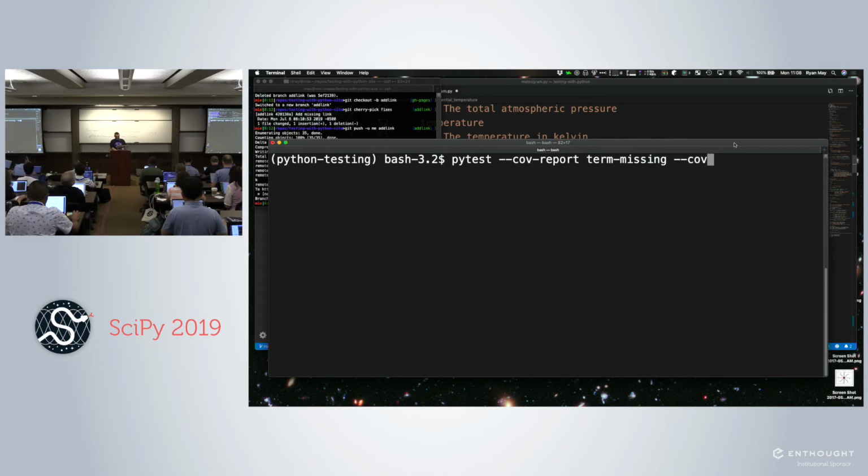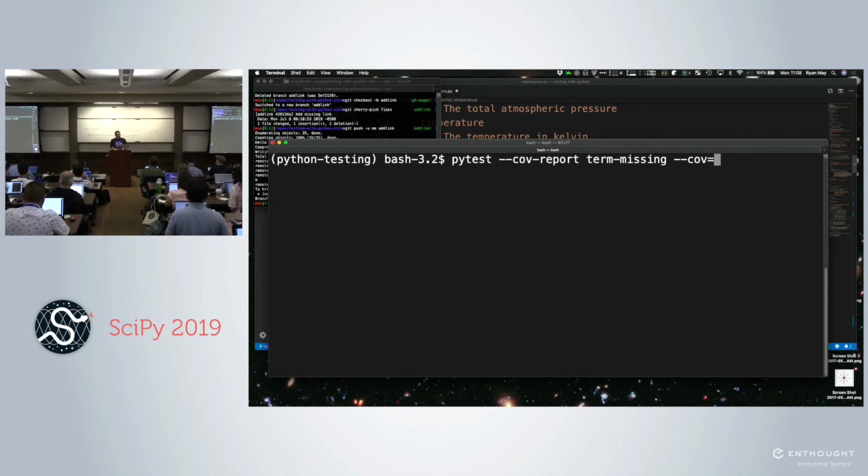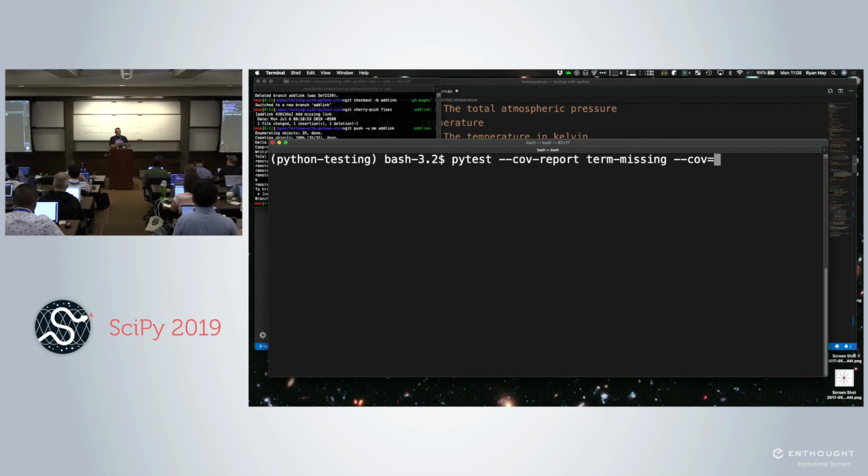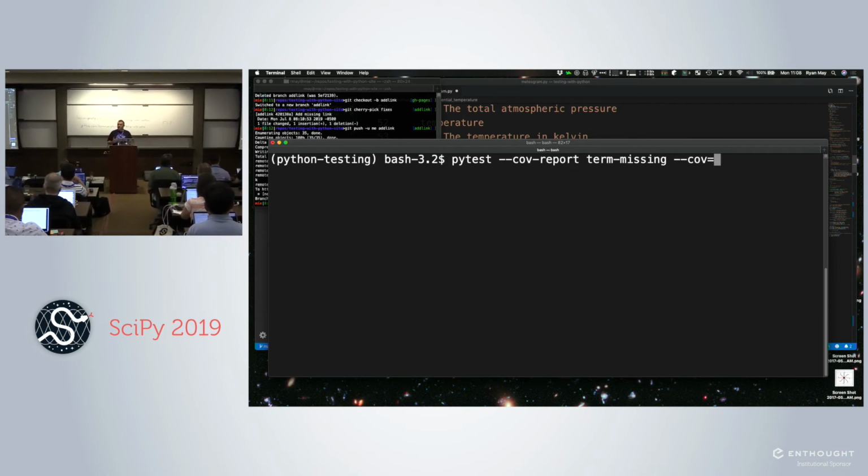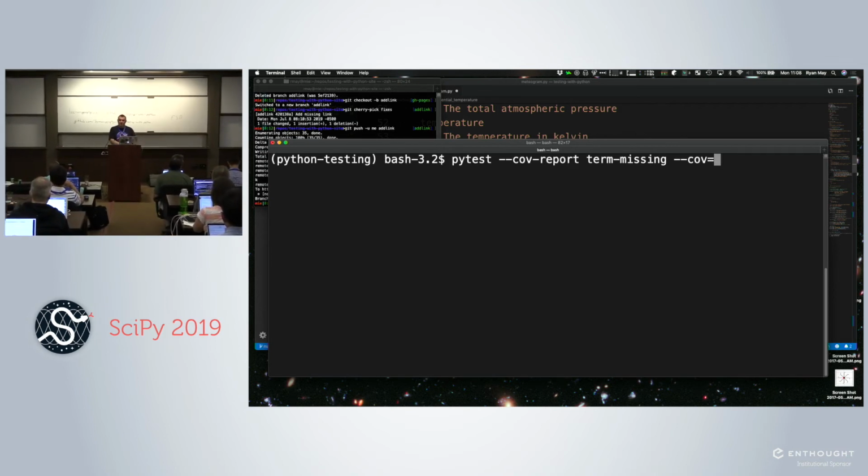There's one other option here when we call pytest-cov, and I didn't need it when I was running it, so I didn't show it to you all. But you can say equals and give it the package we want to actually see coverage for. At least one person, I suspect I'm probably the special one here, and all of you are seeing a bunch of output if you run this.